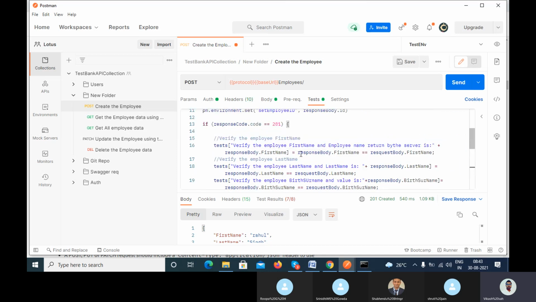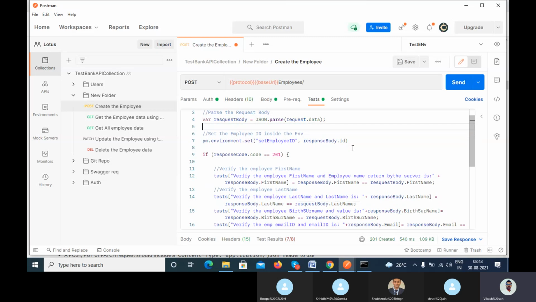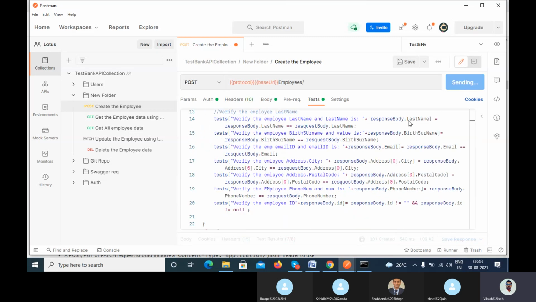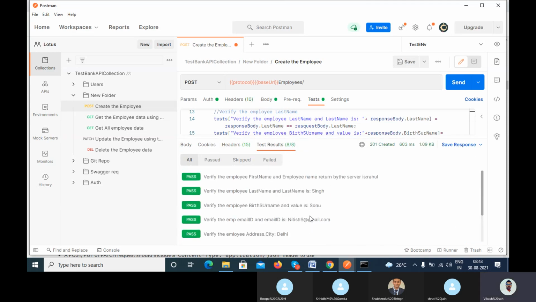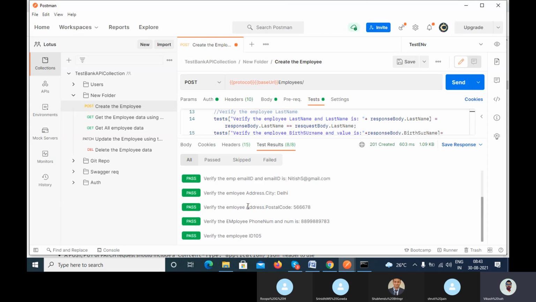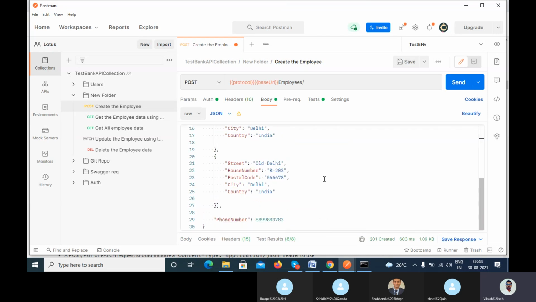Now you can see I have passed the dynamic values for everything. Let me remove this, I don't want it. For understanding purposes we used console.log. Now if you call, you can see all the test cases get passed, all the validations which you have added here. If you come here and make any changes, let's suppose I have created this script,